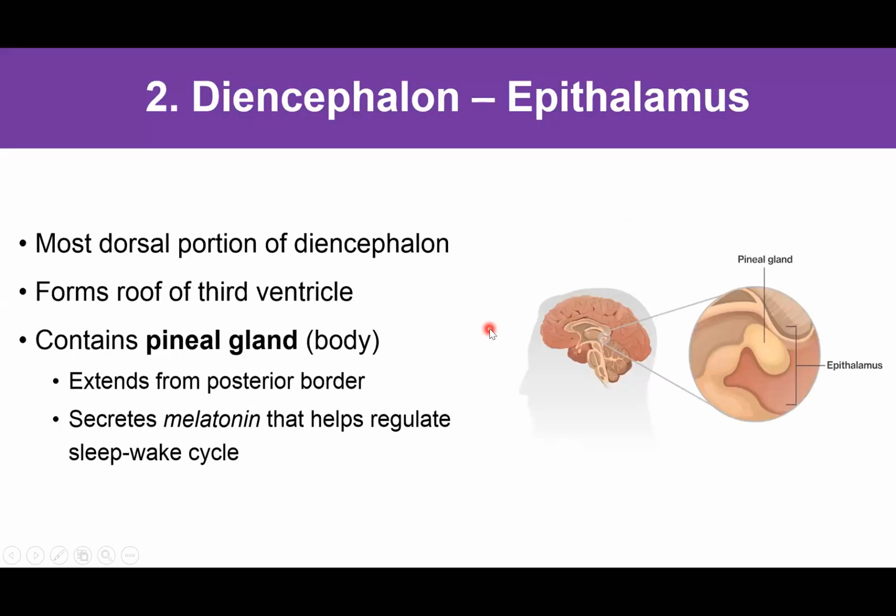So finally is the epithalamus, and this is the most dorsal portion of the diencephalon. So whenever we were looking at the brain, we saw that the thalamus is here, and then here's the hypothalamus, and the epithalamus is towards the back, kind of closer to the cerebellum. And the big point here is that it contains this thing called the pineal gland, which is part of the endocrine system because this pineal gland actually secretes a hormone called melatonin, and melatonin helps